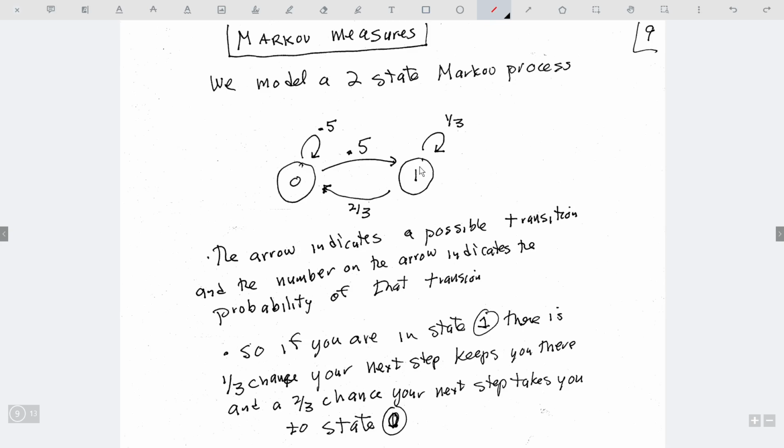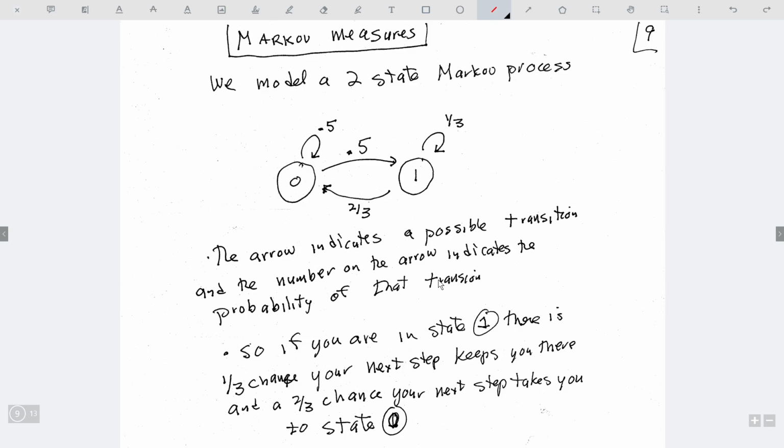And if you're on, then I've chosen a model so that the probability that your next step is on, that it stays on for the next iterate, is 1/3, and the probability you go down to 0, you turn it off, is 2/3. So notice the probabilities have to add up to 1. Leaving 1 has total probability 1. Same here, because you have to do something.